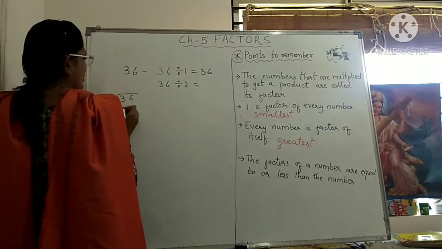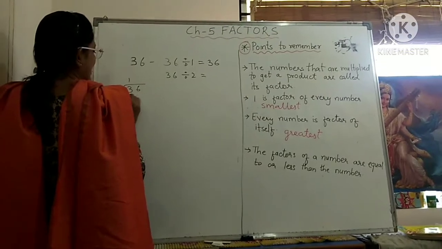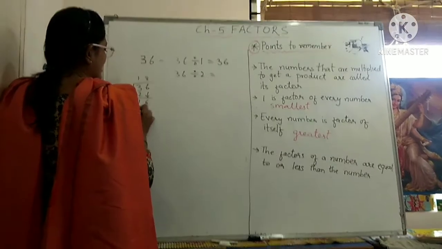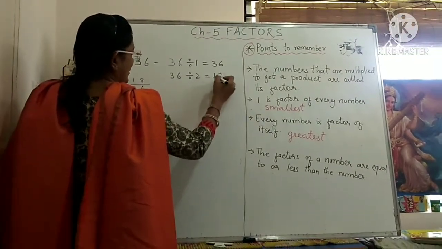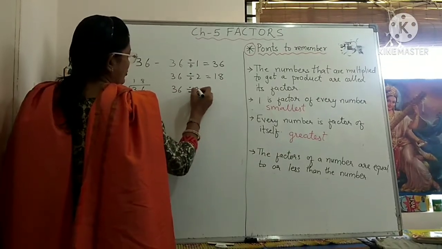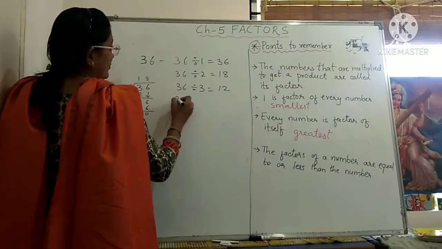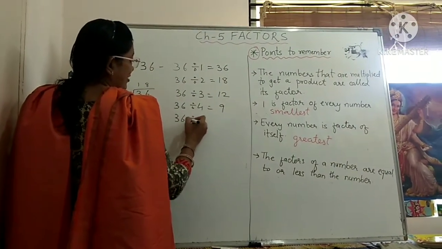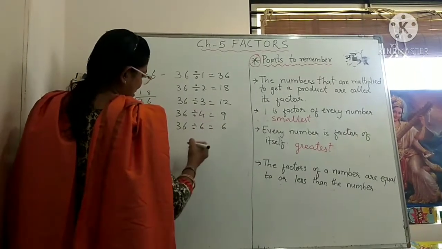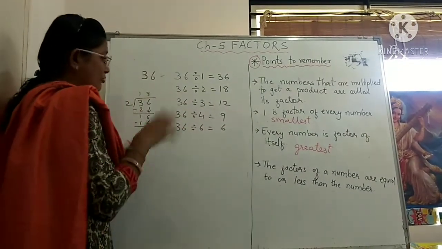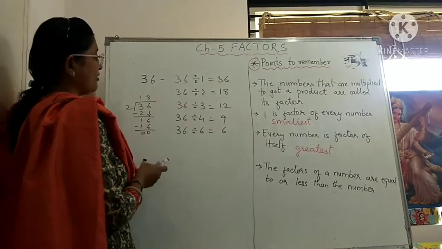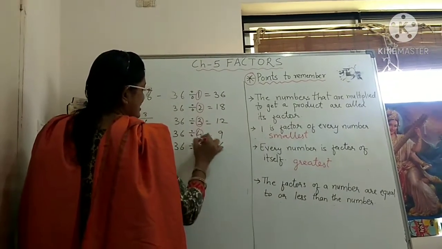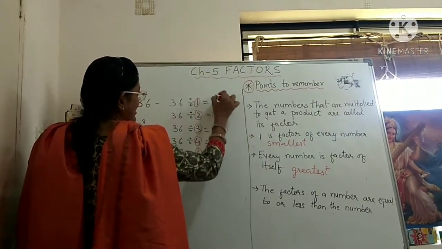36 divided by 2. What you will do here? 2 ones are 2, minus, 1 6. We have done just now only. So it is 18. 36 divided by 2 will come 18. Okay. 36 divided by 3 you have to do. That will come 12. 36 divided by 4 if you do, that will come 9. 36 divided by 5 is not possible, so 6 you will do, it will come 6. And now 6 came twice, so now we have to stop here. And what are the factors of it? Factors are 1, 2, 3, 4, 6, 9, 12, 18, 36.